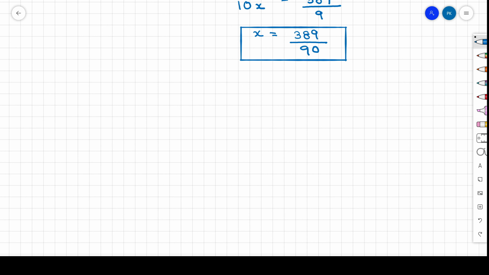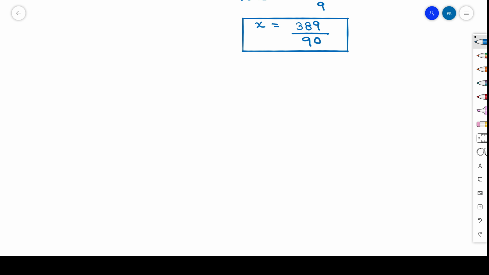Let's try to solve one more problem. The problem here is 0.621 and the bar will be only at 1. So how we will do it? We'll just quickly run through it. We will write x is equal to 0.621 bar, and there are two digits, so we will write 100x is equal to